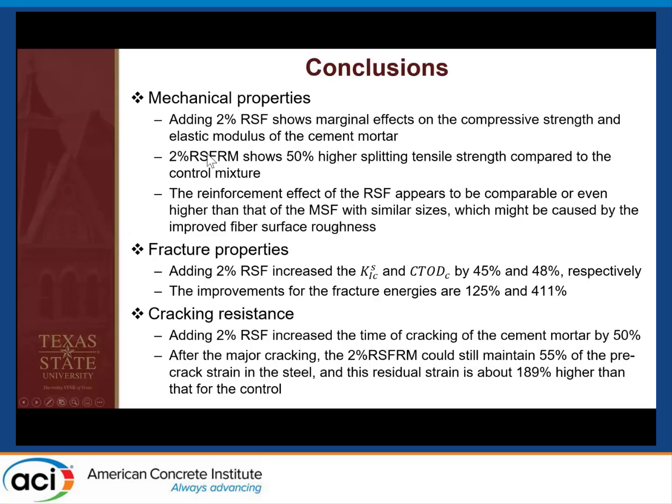So the conclusions: adding 2% recycled steel fiber shows marginal effects on the compressive strength and Young's modulus of the cement mortar, but it has a 50% higher split tensile strength than the control mortar. And we think the reinforcement effect of the recycled steel fiber is similar to or even higher than the normal manufactured steel fiber. By adding 2% recycled steel fiber, the fracture properties and also the fracture energy can be improved significantly. And the cracking time was delayed by 50%, and also